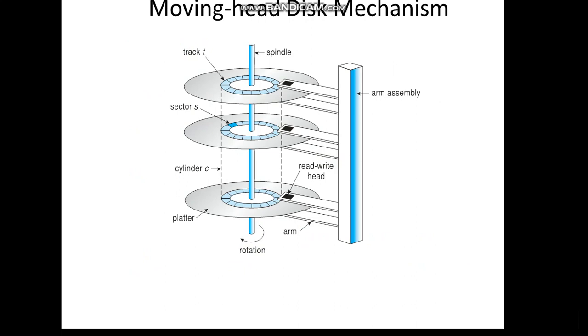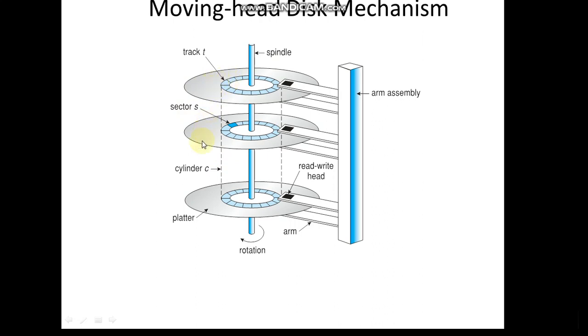So we'll see the structure of the magnetic disk, where it is also showing the mechanism of head movement. You can observe we have a number of cylindrical structures here. A common spindle is there, to which all these cylindrical structures are attached. So we call them a cylinder. Each cylinder has a number of sectors like this, and it has a number of tracks as well, like track 1, track 2, track C. Then you have the entire thing we call a cylinder.